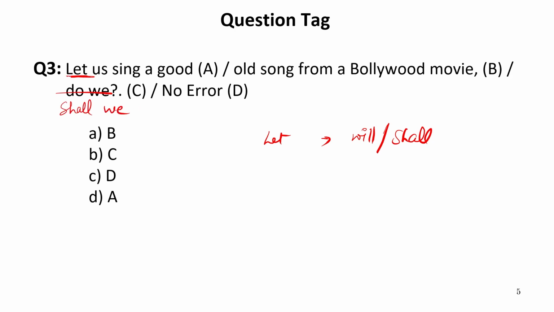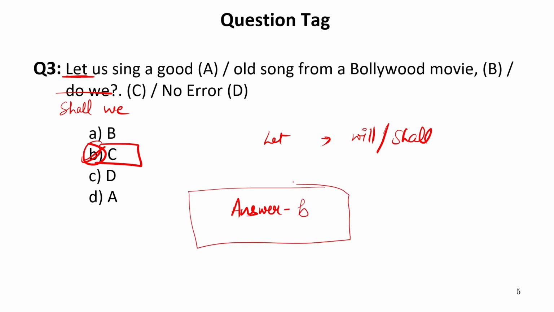Now here when the sentence begins with let, the negative positive rule is totally relevant over here. It means whether the statement is positive or negative, we can write the question tag both in positive and negative sense. So here the error is in part C. Again, C is given in B option. So our answer is option B. Now let us move to the next one.